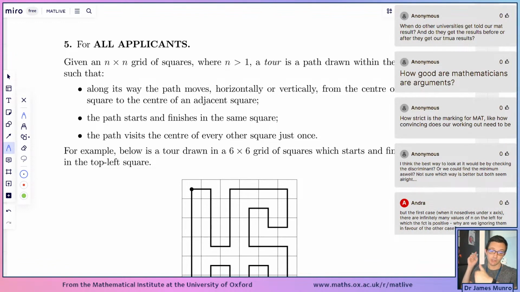Other universities get told your MAT results almost straight away after the MAT has been marked. They get the results before you do. I don't know how fast Tamura is. I think Tamura is also quite fast. I don't work with Tamura, but we get the MAT results to other universities as quickly as we can, which